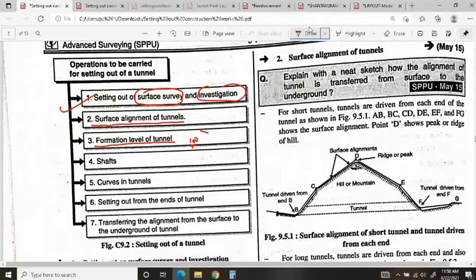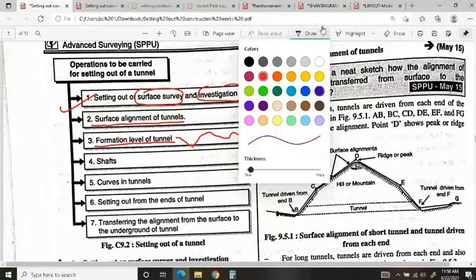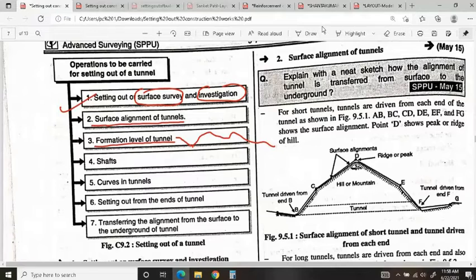I will give an example for the road, then only you will understand formation level. Then I will give, your road will be like this. Okay, you can't construct the road in undulation form. What I will do, I will choose one line, either it may be a falling gradient or it may be a rising gradient.